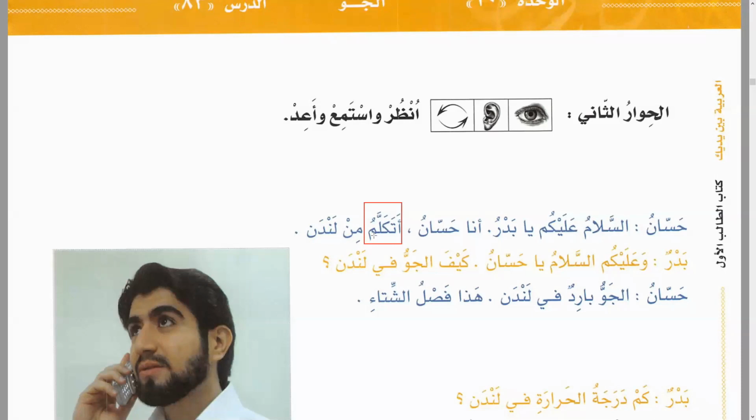Ukallimu is also used. Kallama is four letters, so you say ukallimu. I'm speaking. But takallama is more used for to speak. Takallam, because it's takallum, the speech itself. Atakallam. And so saying ukallim, right? We use it. It shows atakallam. I am speaking from London. Atakallamu. I am speaking from London. Min Londana. I am speaking from Londana.